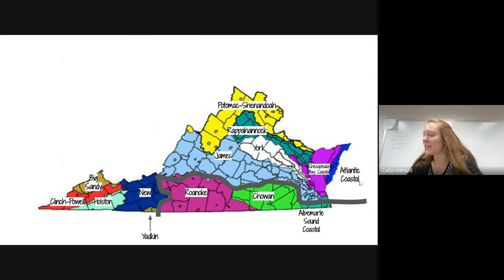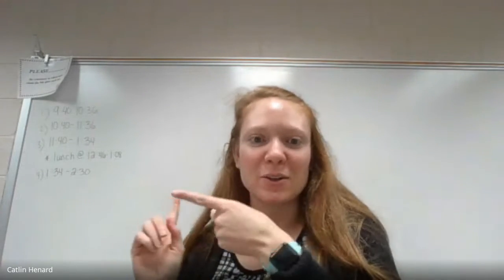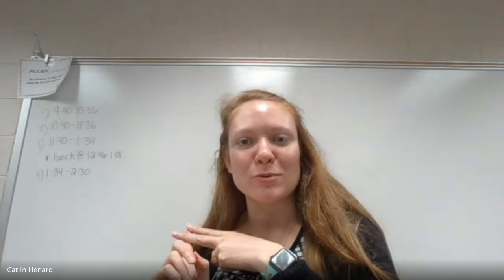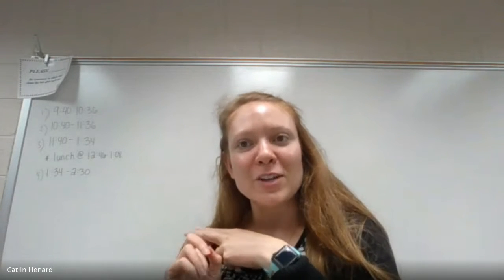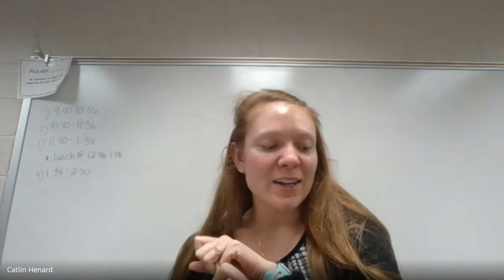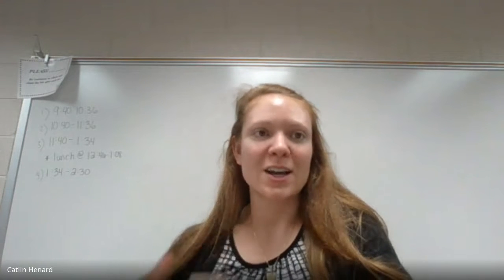All right, so you can pause it to fill it in, or you can continue with me. I'm going to stop sharing. We're going back to this screen right here. All right, so far we've already covered what a watershed is, our largest watershed, which would be the James River, and then our largest major watershed, which is the Chesapeake Bay. All right, the next thing that we're going to get into is what affects our watersheds. So I'm going to go back to our notes,